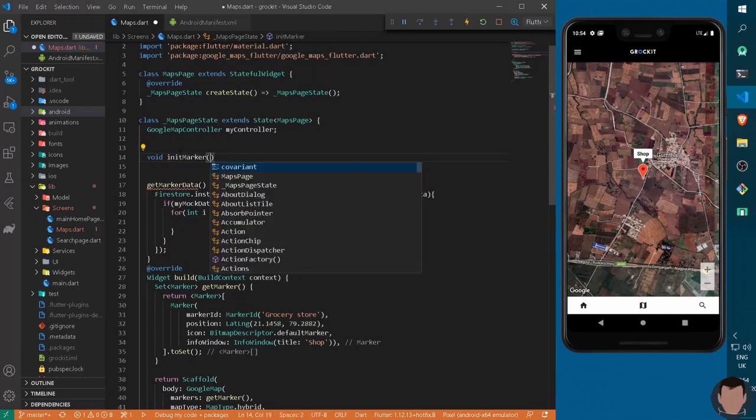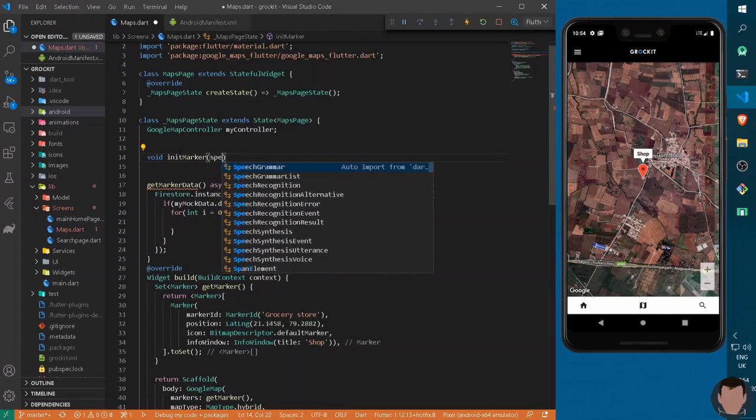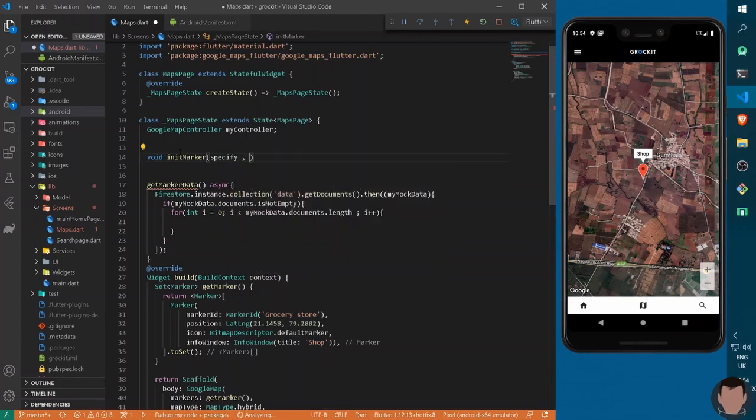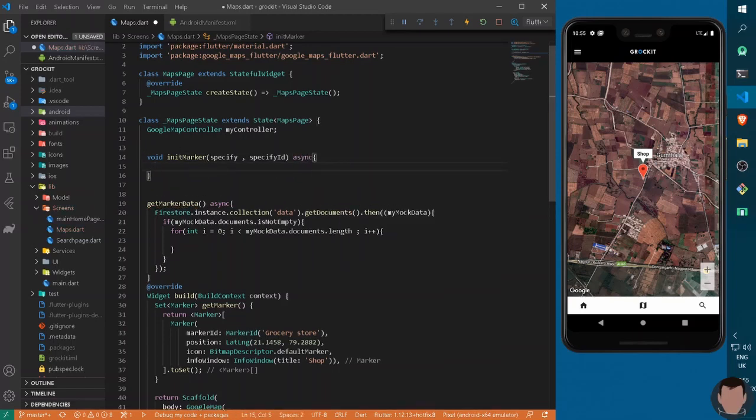It will take two parameters, that is specify and specifyId. It will be a synchronous one. Now under this initMarker, we will need a variable of markerId for an individual value, which should be the specifyId that we have declared in the parameter.